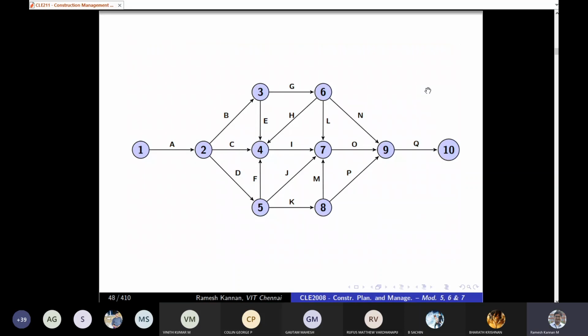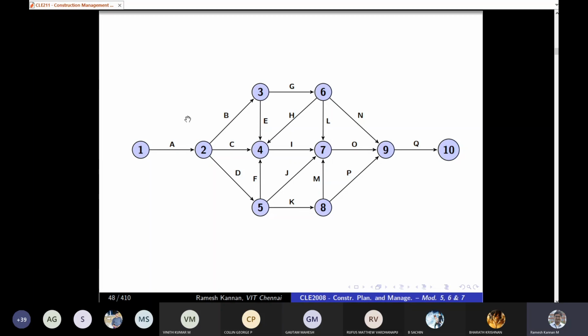And then finally activity Q, which has got all this. So this is how you carry forward your network diagram from start to end activity. And this is what we call a forward pass construction, right? We need to do the backward pass also to verify whether our forward pass is correct. And also during the critical path method for the analysis of network, the backward pass method plays a huge role, right? So we'll talk about that when we talk about the critical path method.